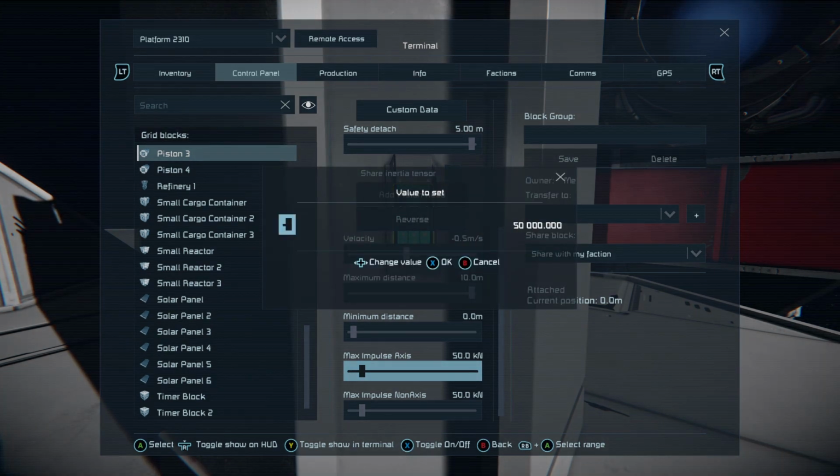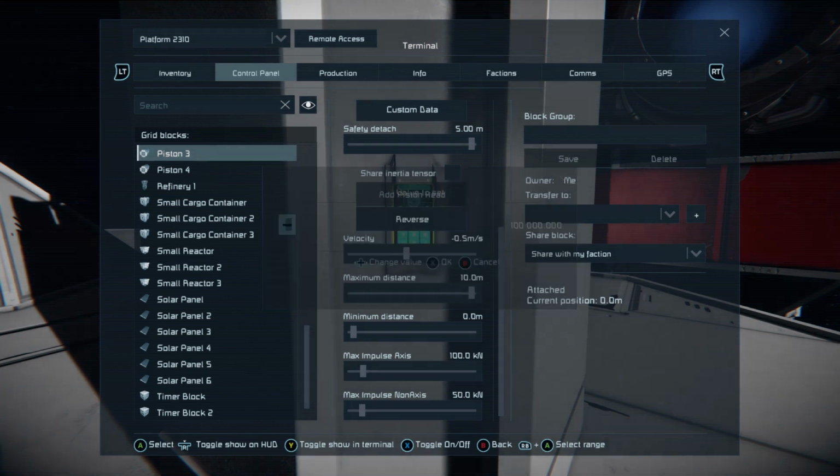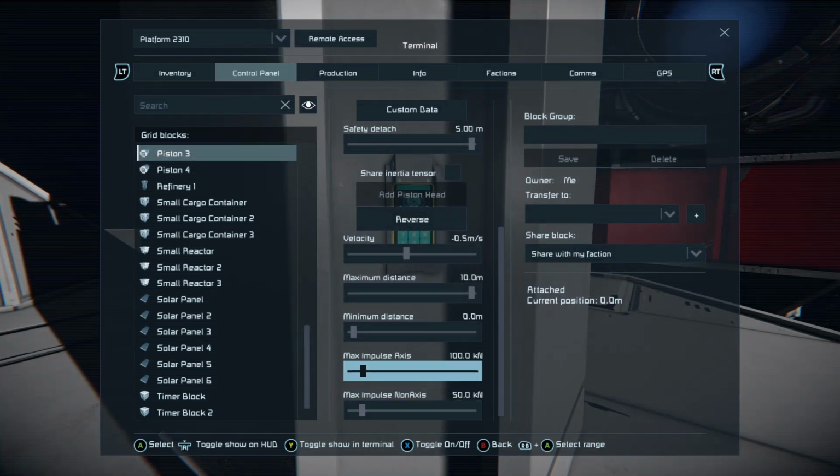Beyond that, you will see, if I set this to 100 kilonewtons and I start pushing, you'll see it goes red. This is Space Engineers experimental mode telling me that I am now pushing that axis beyond what's safe for it to do. But in certain cases, you need to do this. You need to do this and make sure that you what?